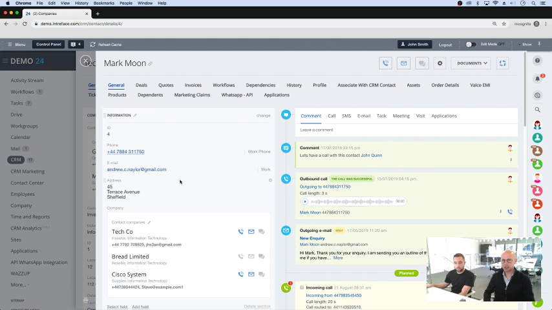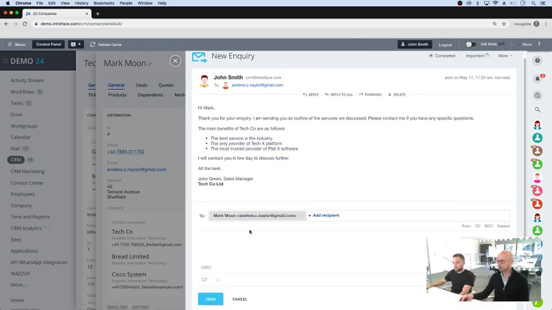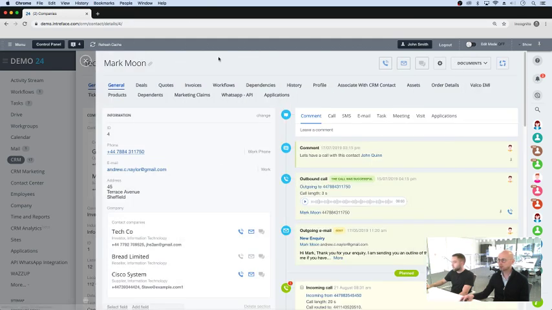Anyone who sends you an email into Gmail, those emails come into Bitrix as well. They find the right contact and they're stored in here, so you can open up any of these emails and review that. I can then reply straight from Bitrix if you want to do that, and we'll store it, or continue to reply from Gmail. I think most people that we deal with, if they're using Gmail or Outlook or something, continue to use those. There isn't really any additional